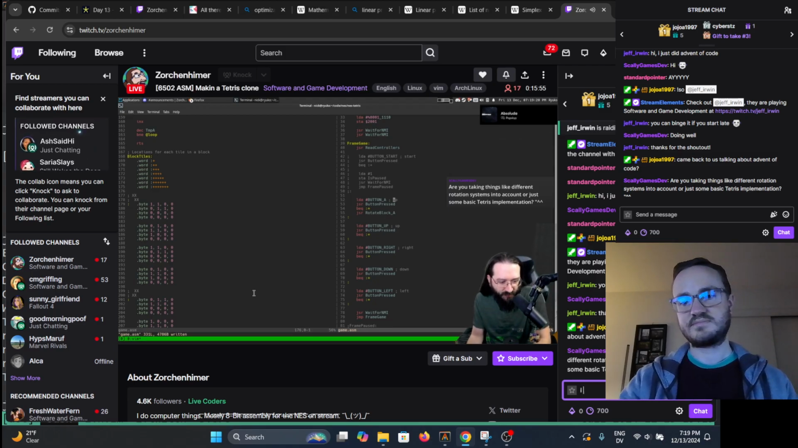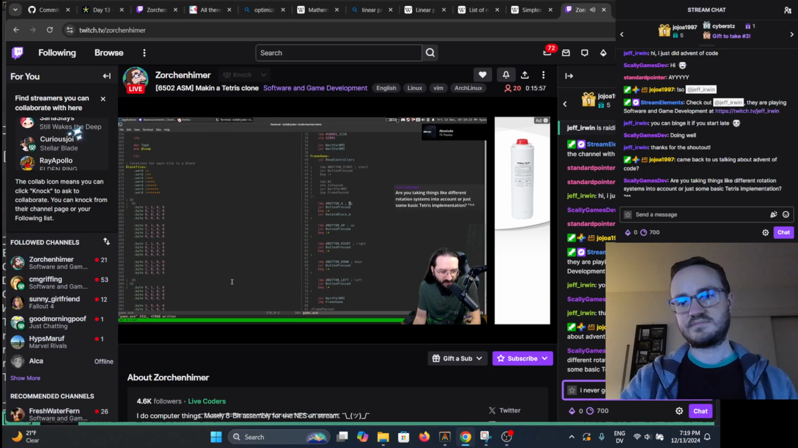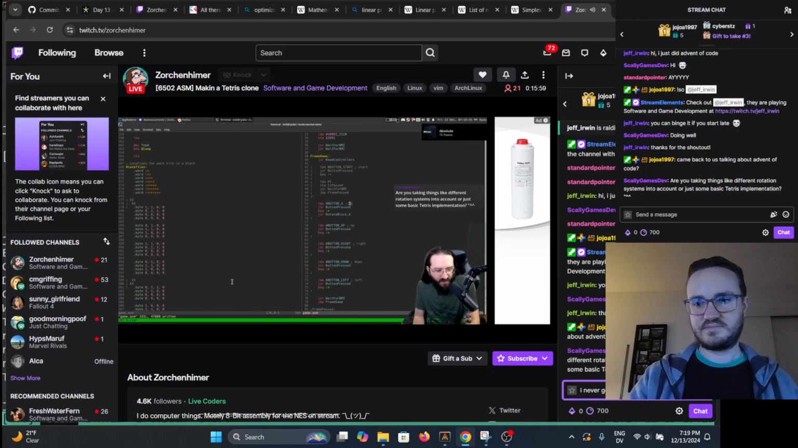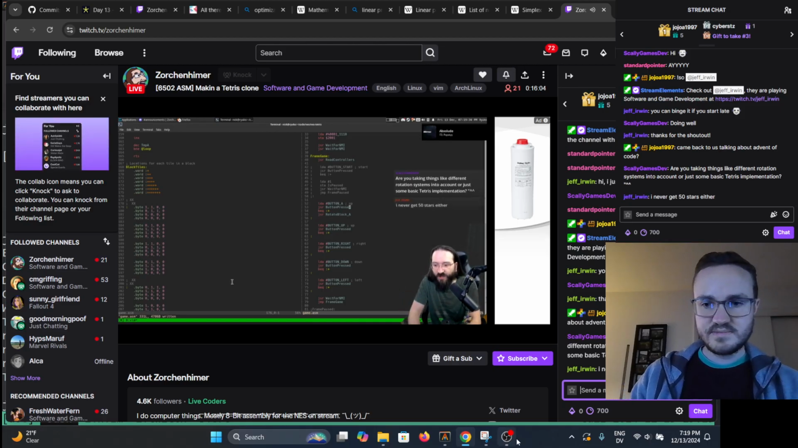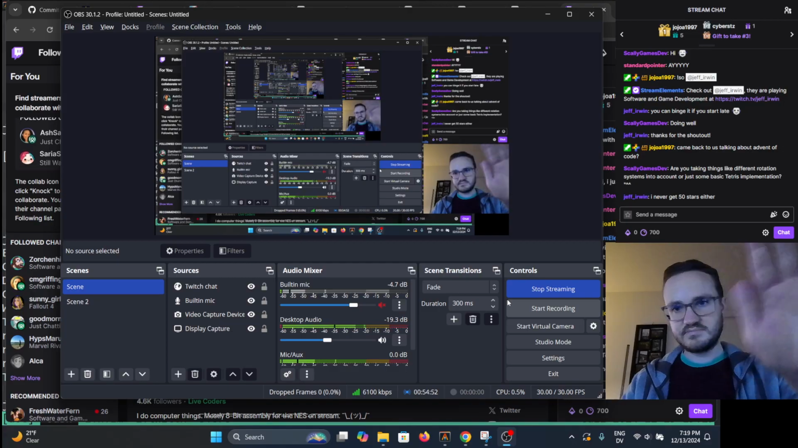Are you taking different rotation systems into account or some basic Tetris implementation? This is all specific to Tetris stuff. Right now, I